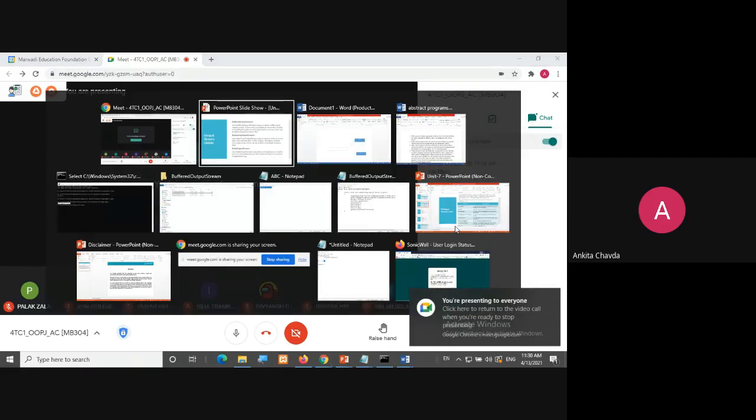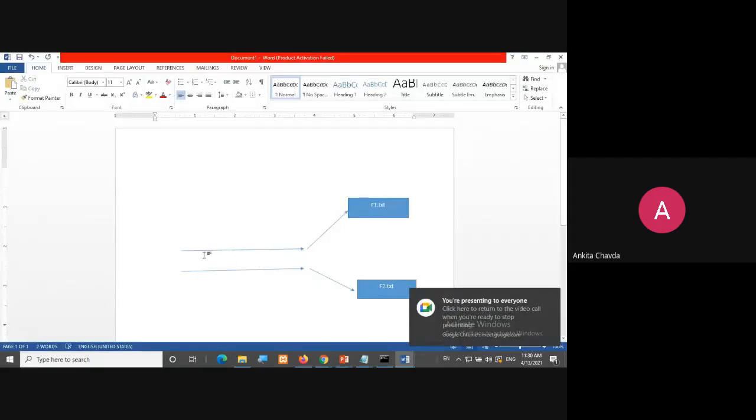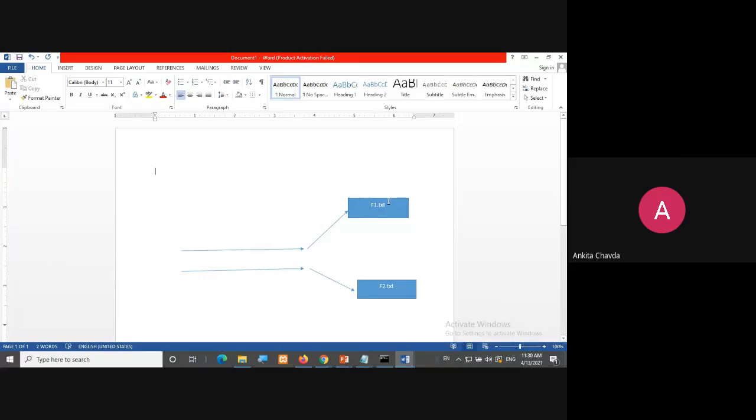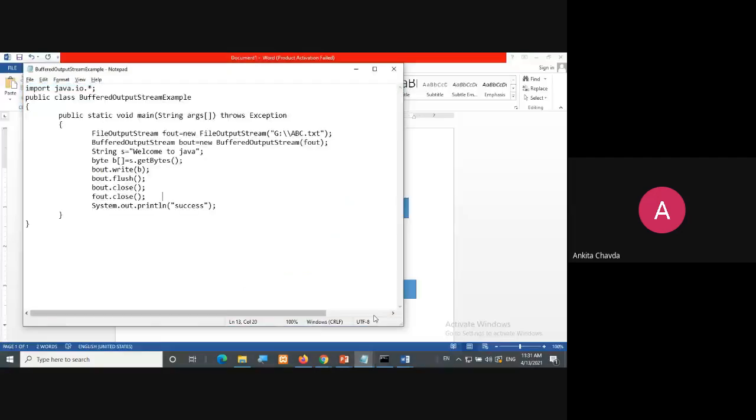Whatever we are writing here, it will be written to this file, and it will be written to this file, so we can write like this. Otherwise, we have to write all the data again and again, and send it onto a stream, then write into another file, close that stream, and open another stream. We can again write that data and send it to this other file. But instead of that, the data will be in this stream at once only, and we can write into two different files at a time. So for that, we have this class. We'll see the example related to that.